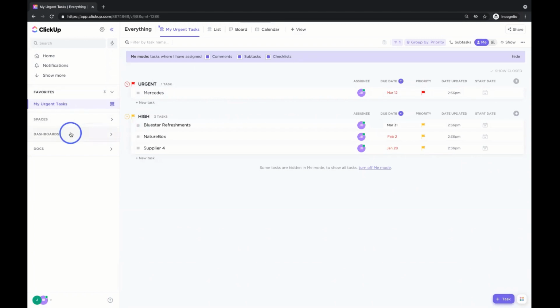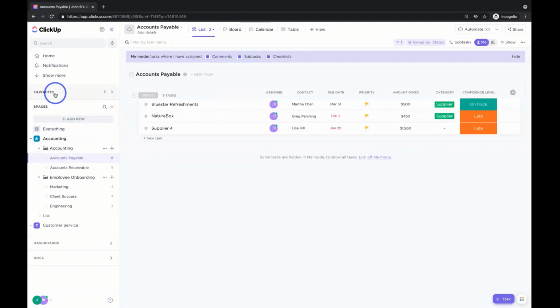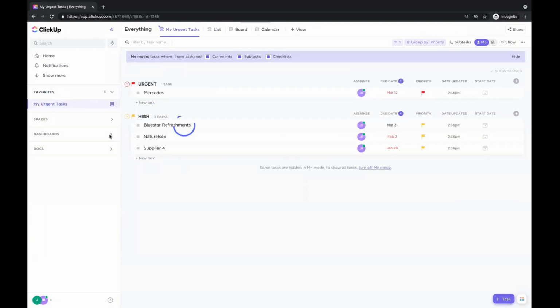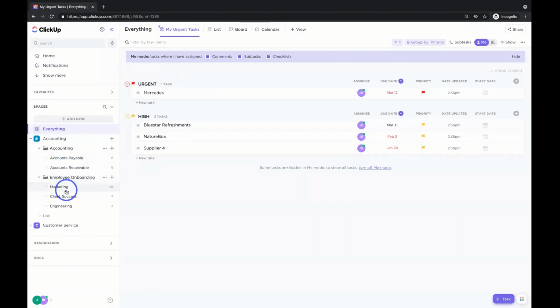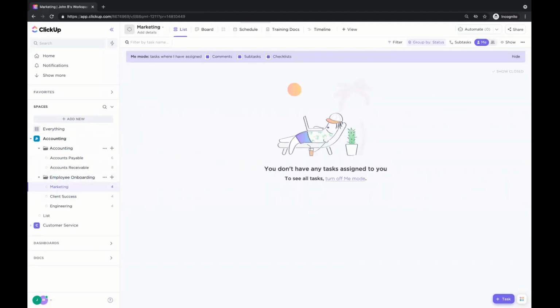Remember, you can have favorites, and if we were to go to a different area of the hierarchy, and maybe we're doing some work in accounts payable, but then I want to go back to that, I just click the favorites option, I select it, and it brings me right back to it, okay? This is a great way to navigate and work around inside of the application itself.